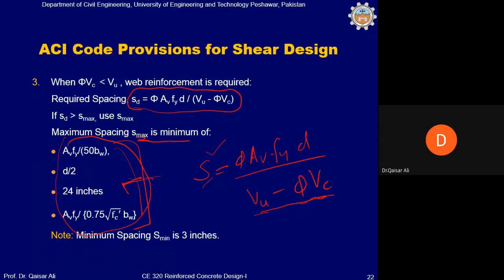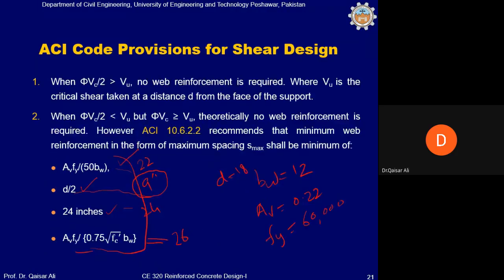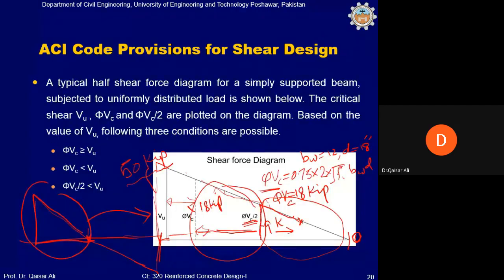जब ये स्पेसिंग ज्यादा आ जाए तो फिर आप वो स्पेसिंग न प्रोवाइड करें, बल्कि इसमें जो स्पेसिंग आपके पास आ जाए कम से कम, उस स्पेसिंग को आप उस लोकेशन में भी प्रोवाइड करें। अब मैं जरा एक दफा फिर कहता हूं कि आप इस डायग्राम को देखें। इस लोकेशन में, जो बिल्कुल सेंटर ऑफ द बीम के करीब है, इसमें आपको स्ट्रिप की थ्योरेटिकली जरूरत नहीं है, लेकिन आप 12 इंच पे प्रोवाइड करें।